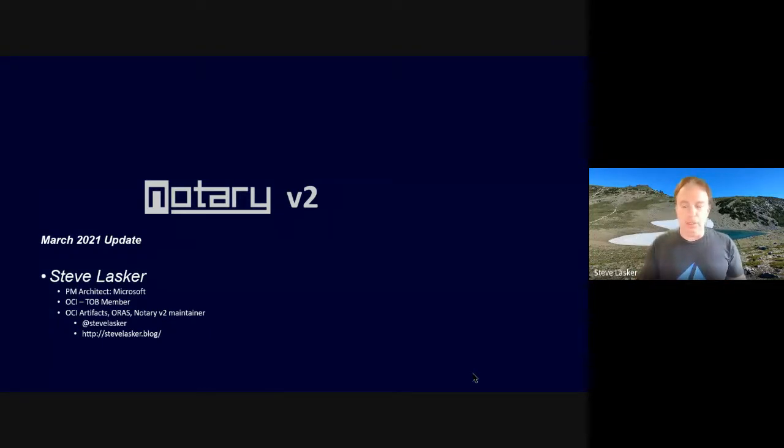The Notary V1 stuff, or Docker Content Trust as it's known, was one of the amazing things Docker did, but there are some places they didn't get a chance to really finish, and this is one of those. There are challenges with Notary V1, which we'll talk about, and our goal is to make Notary V2 the answer to be able to move signatures across all clouds. It's really our need, even as Microsoft, for this to run on all clouds. So that's why we've been going through this process to have it be part of an open standard that any registry can run.